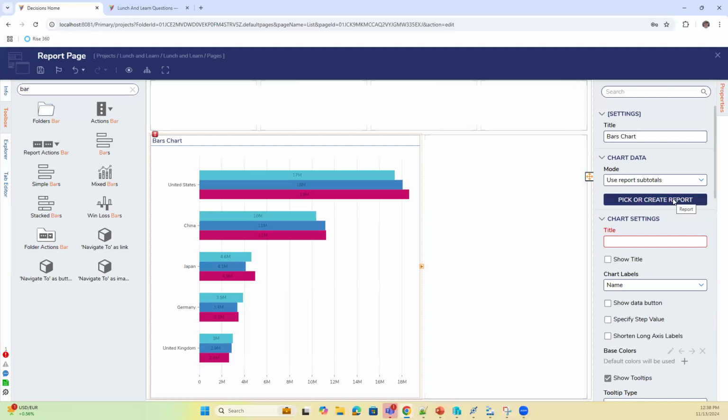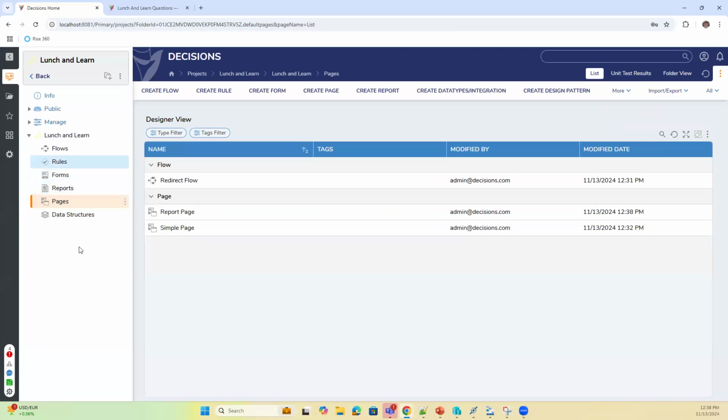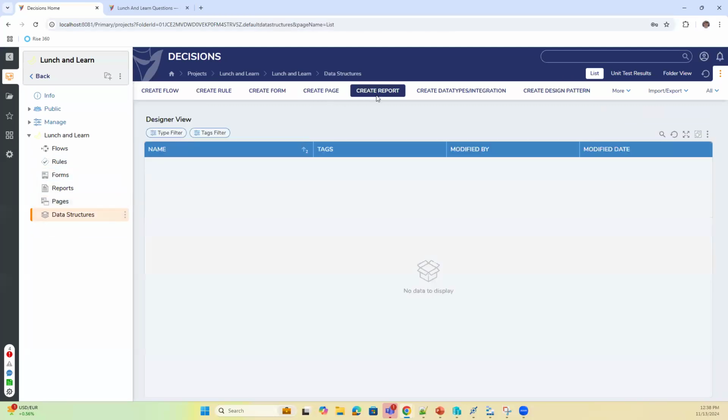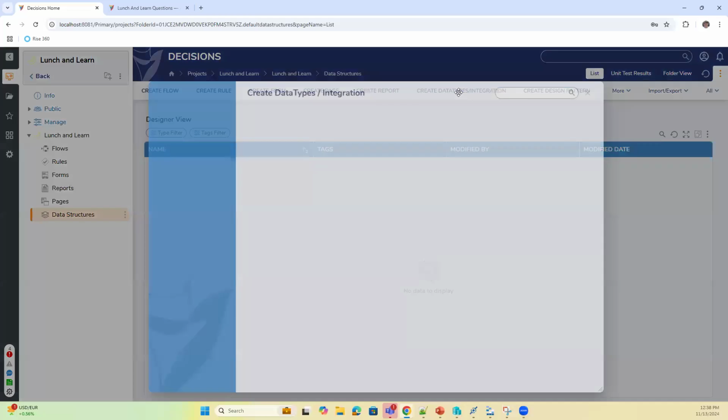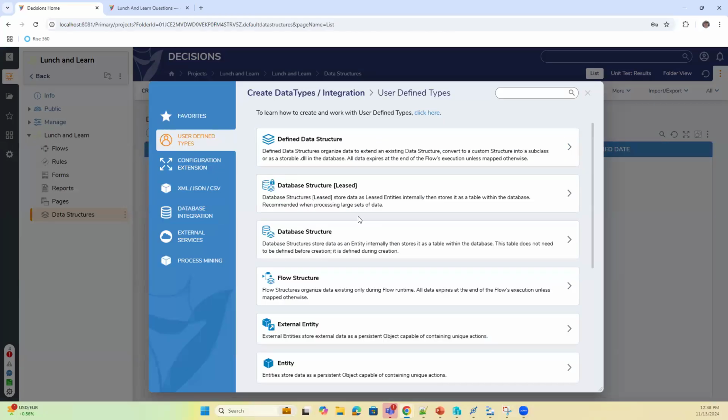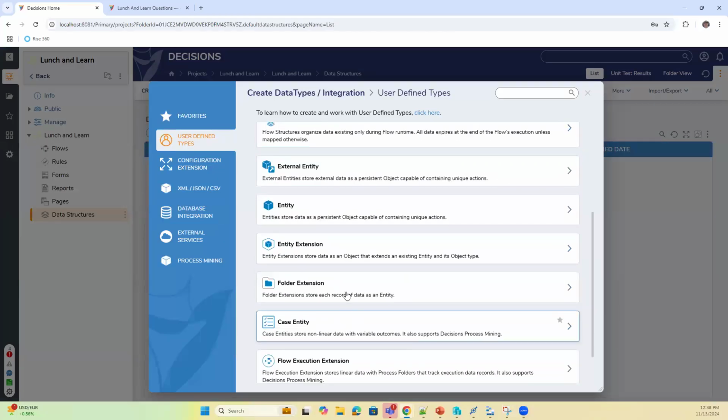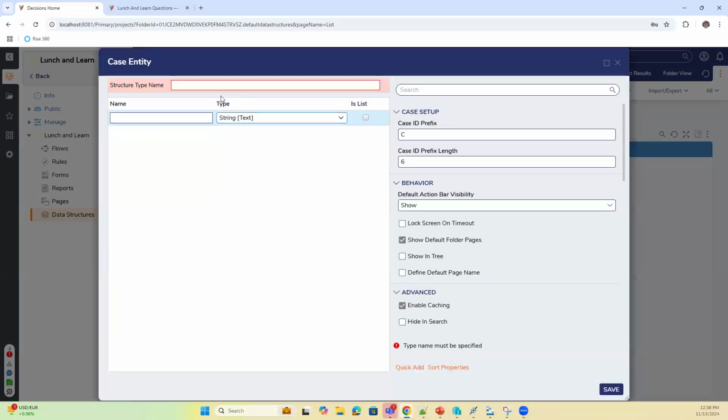Okay. And we'll have to create a report for this, and we'll have to create some different kinds of information for that. So let's do that real quick. Exit, save. Let's make a data structure. Let's make a case entity because those are really easy to just create on the fly. All right. And this will just be